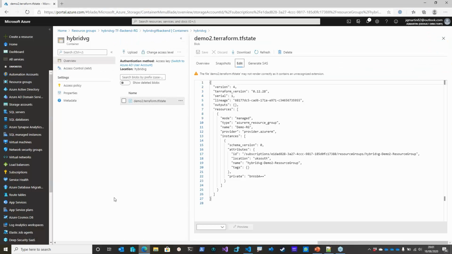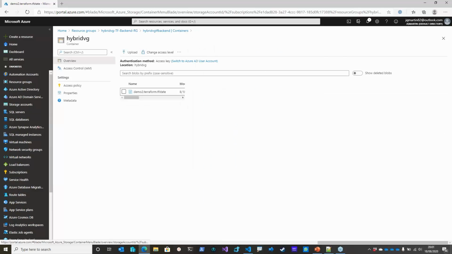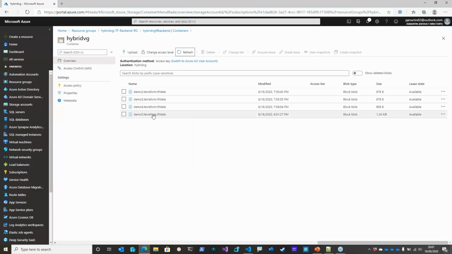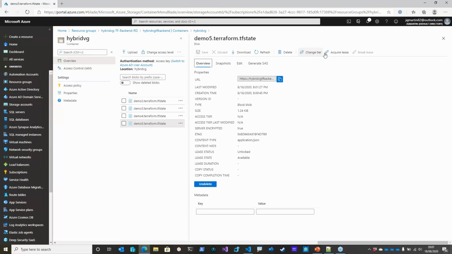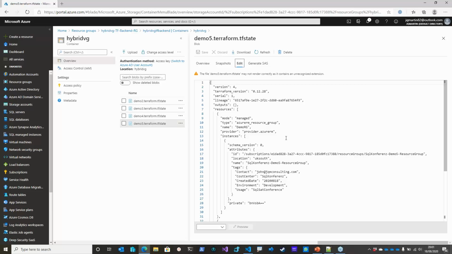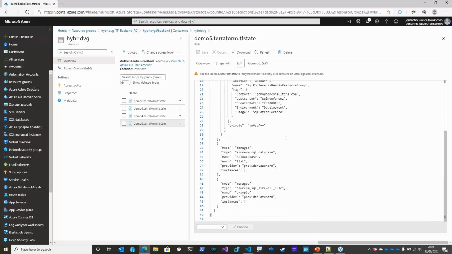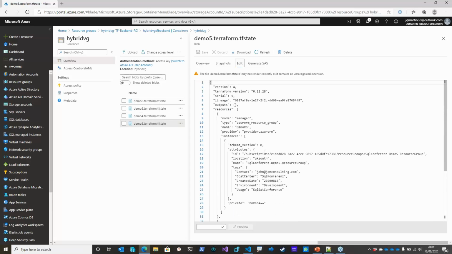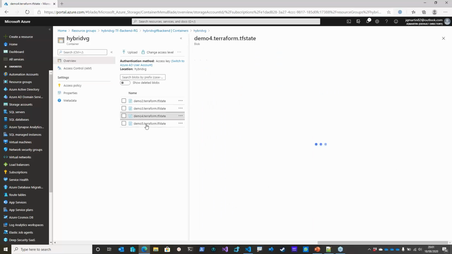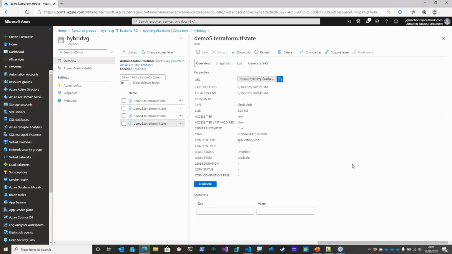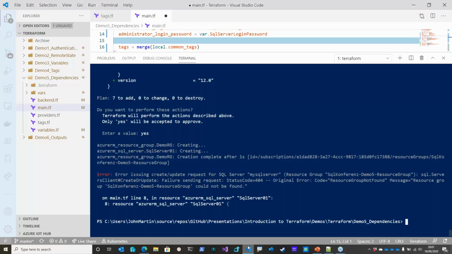So whilst I'm waiting for that to go and do what it's going to do, we'll have a quick look here at the various different bits and pieces. So you can see here when we start looking at the state files for some of the things we deployed as part of this one. If I click on edit, you can start seeing here that I've got information around tags. I can see what's going on with things. So there's demo 4, demo 5, the various different bits and pieces. So if we come back to this one,